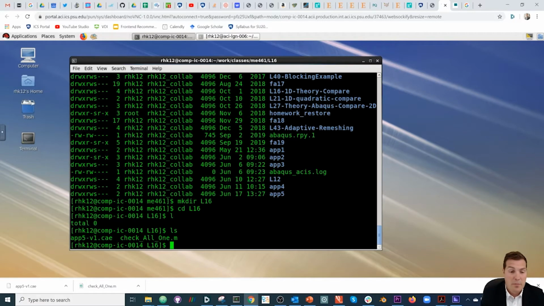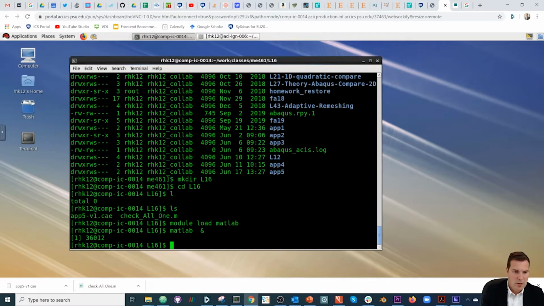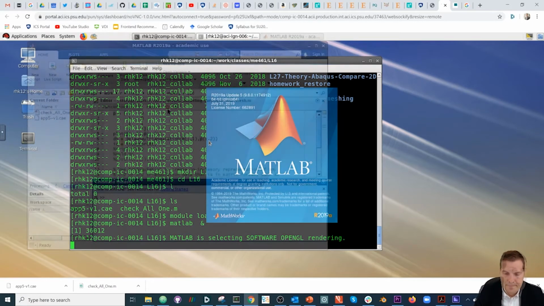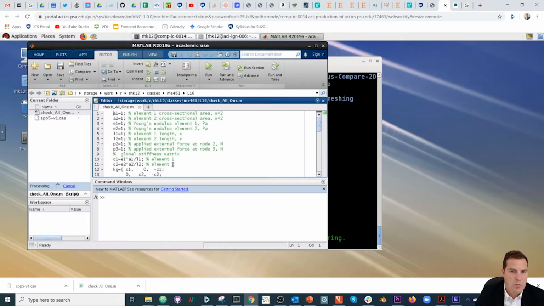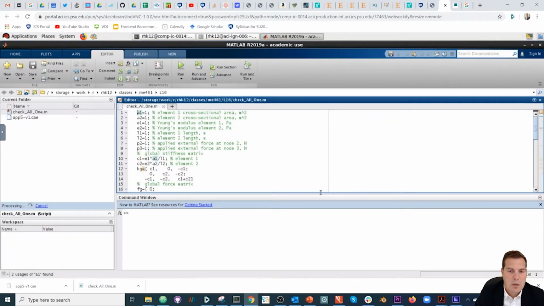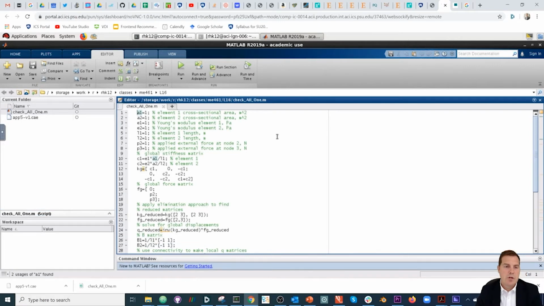So now we can load up MATLAB, module load MATLAB. MATLAB, you can just use the ampersand so I can run it in the background. Load that up. Okay, so I have some old stuff here. So we can open up this check all with 1. All right, so we're going to go through this later on too, so I don't want to spend too much time on it, but